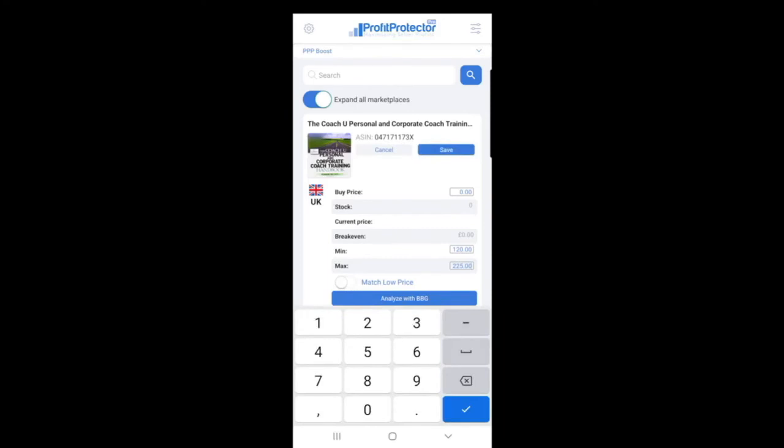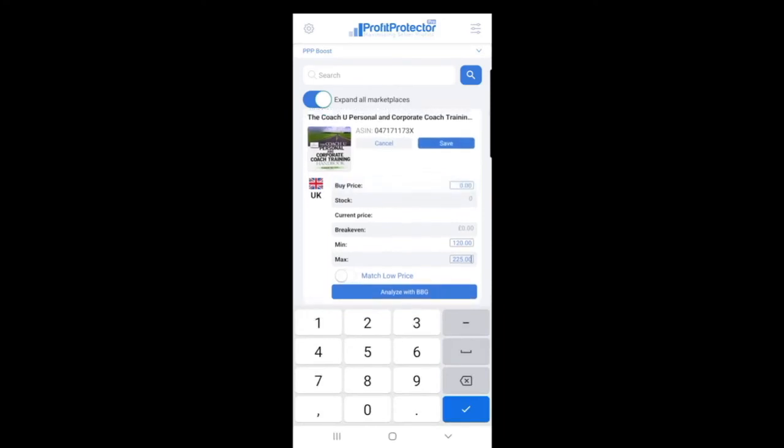Now, the other thing I want to show you is you'll notice this top ASIN isn't toggled on, the repricing is not toggled on. If you don't have a minimum and a maximum price in there and you want to switch on your repricing, it won't let you. It will alert you to tell you that you don't have a min and a max set up. So I'm just going to change these and take them out of there. Then I'm going to toggle the repricing on, and you'll see it comes up: to switch on repricing, please enter your minimum and your maximum for this product. So Profit Protector Pro has always got your back. It's not going to let you turn on repricing if you haven't got minimum and maximum set.